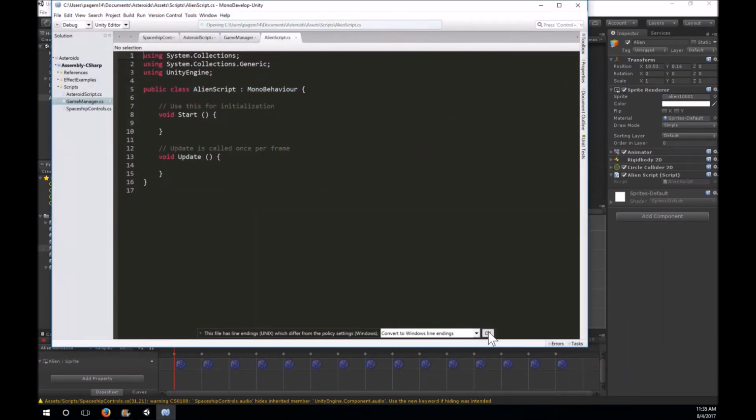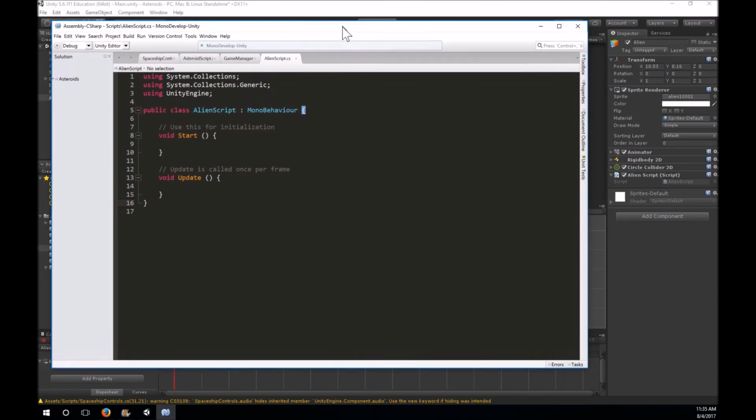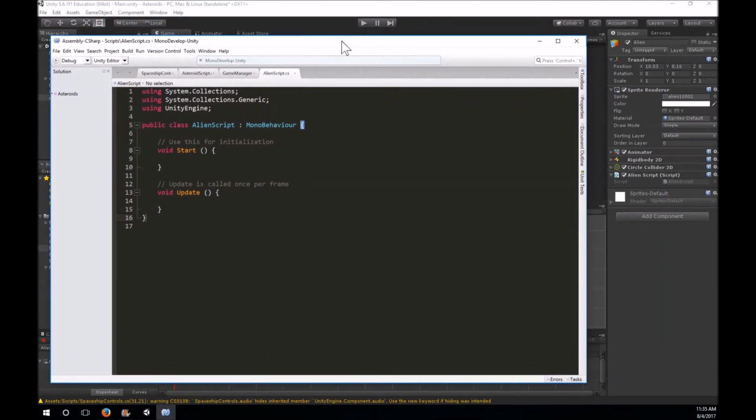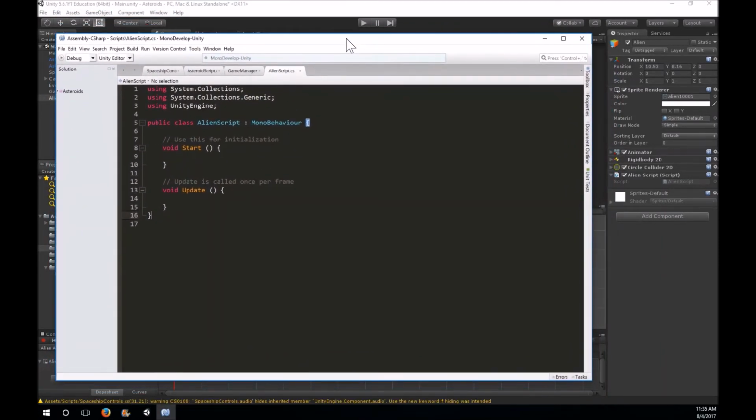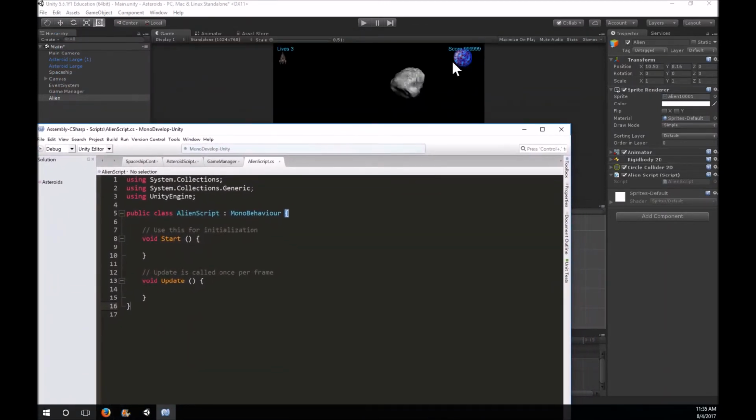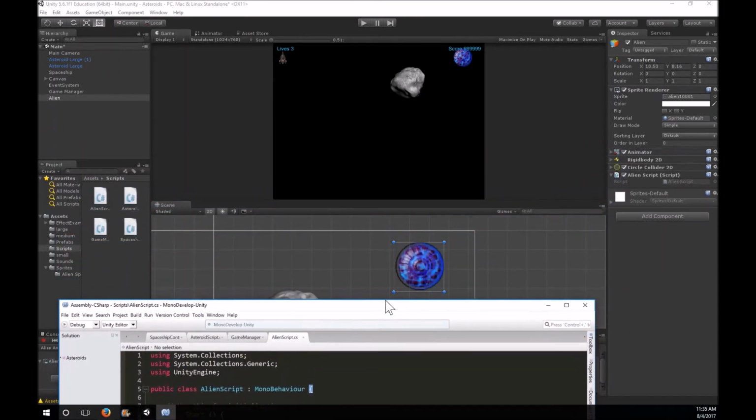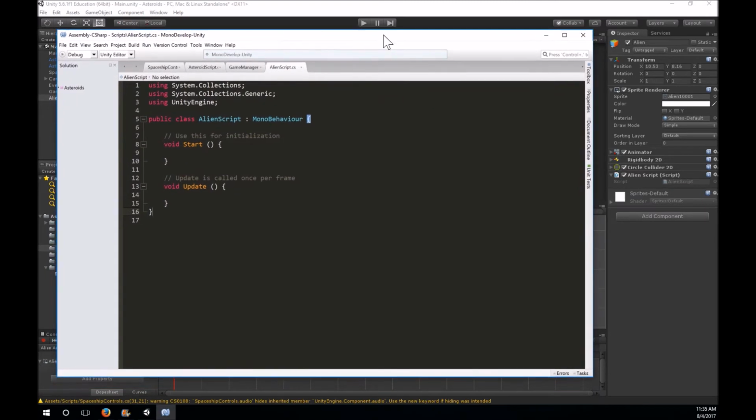And here it is. All right, so the first thing we want to do is get this alien to move, and we want him to move in the direction of the player. Now, we're going to try moving him with his rigid body, and since he's a circle and he doesn't really have a front, we don't have to worry about actually turning him angle-wise necessarily. We'll see what happens as we build this. So we're going to need a FixedUpdate function. So let's do void